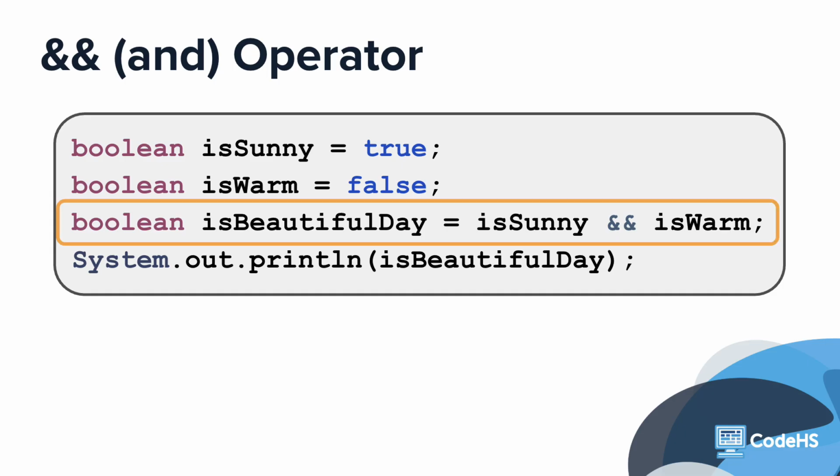Let's look at this example. The Boolean variable isBeautifulDay evaluates the result of isSunny and isWarm. Because this expression uses the AND operator, it can only be a beautiful day if isSunny and isWarm are both true. So what do you think will print? You get false because isWarm is false. And with the AND operator, if any of the statements is false, the overall statement evaluates to be false. On the flip side, if both isSunny and isWarm are true, then isBeautifulDay evaluates to true, because both statements are